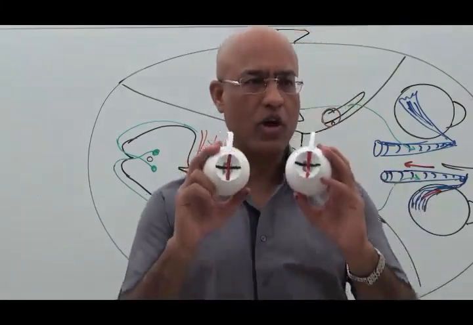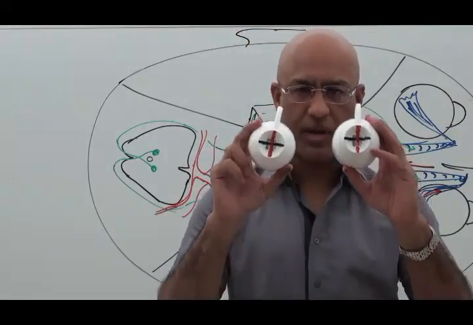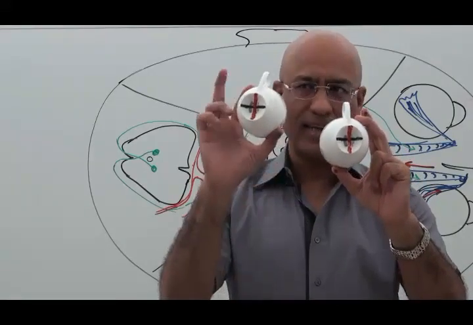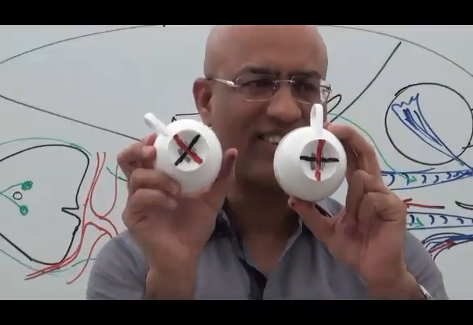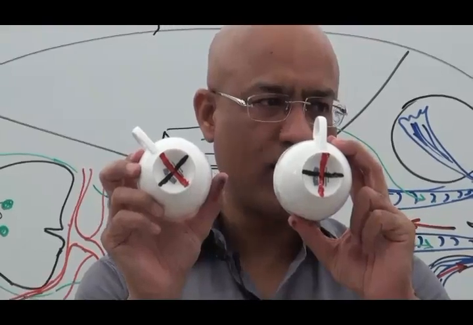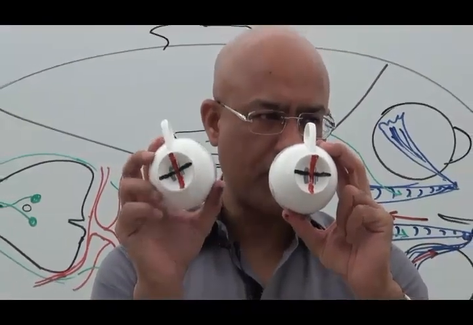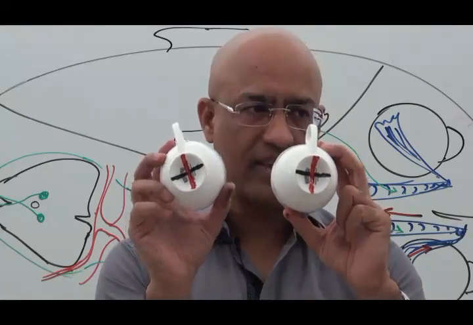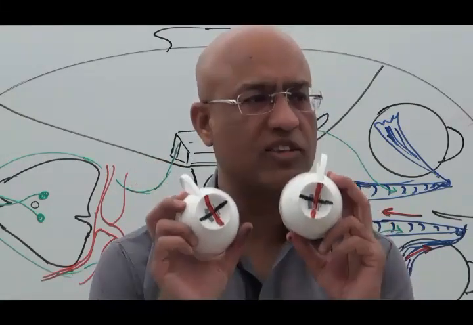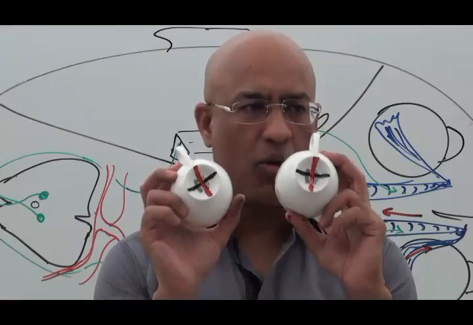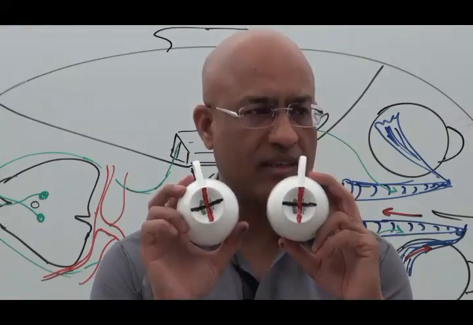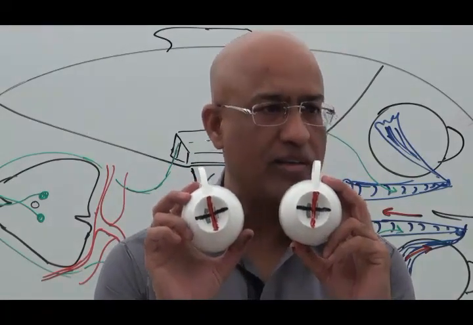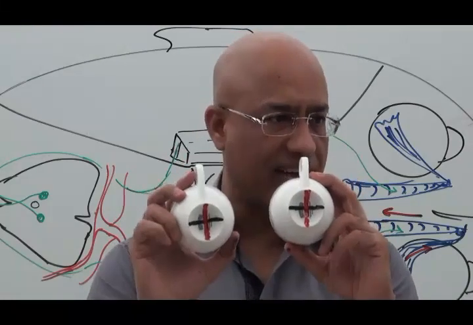So what is wrong with the eye with the fourth cranial nerve damage? Look at it. Right eye, left eye, and it is extorted. It failed to depress properly, it cannot depress properly, and it is slightly extorted. The problem with the extortion is that now the binocular vision is not well, because if you see an object, normally